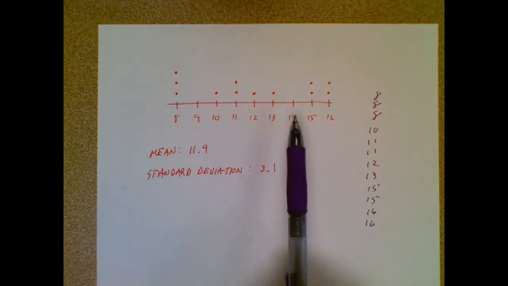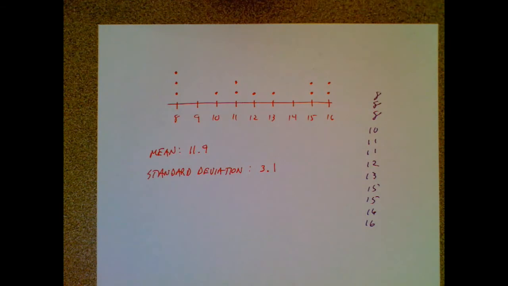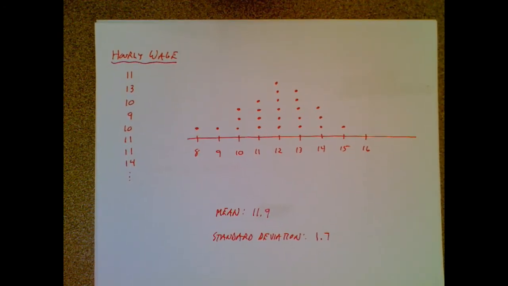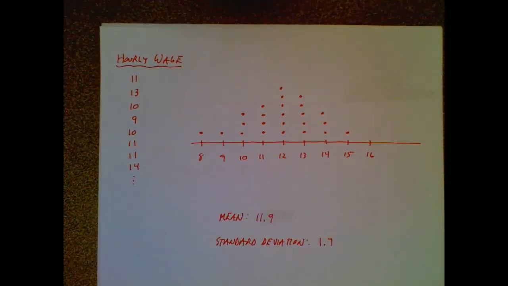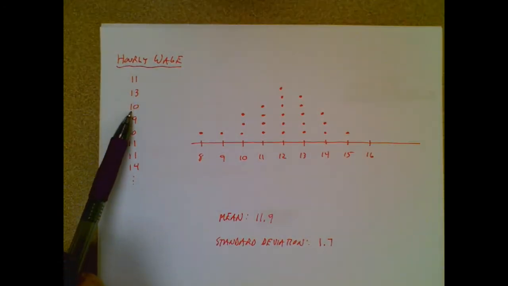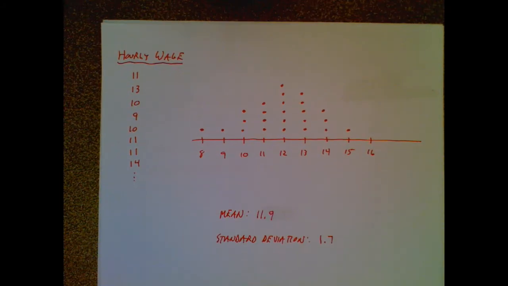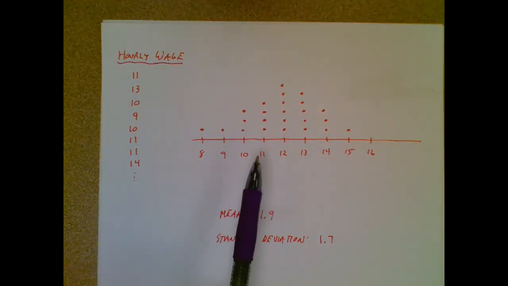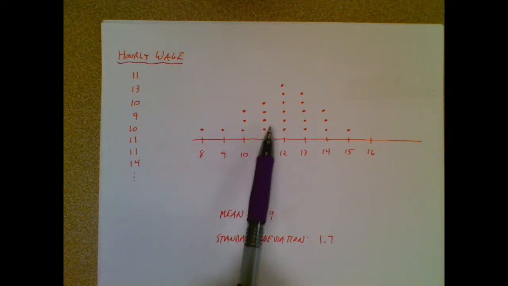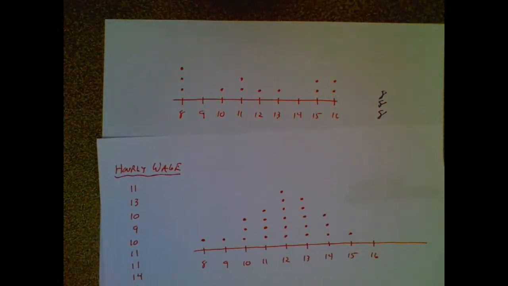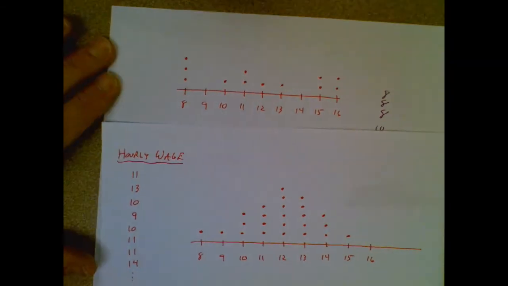There's nothing that remarkable about it, but I'm going to compare it to maybe a different survey we might do of a different group of high school students. What if the survey of their data turned out to give me a dot plot that looked like that? Now this is a different story, because this dot plot seems to have quite a different pattern or shape than the previous one. If you compare these two,